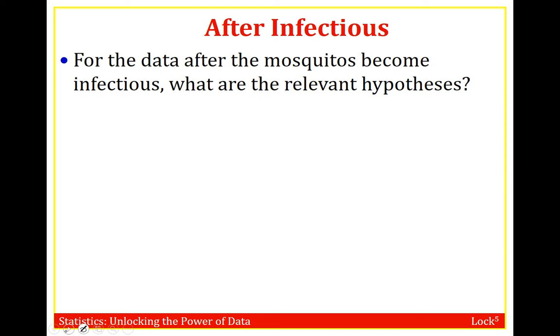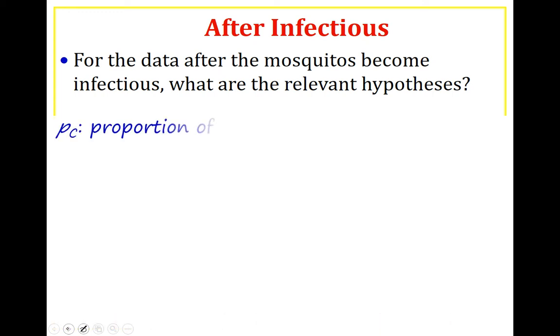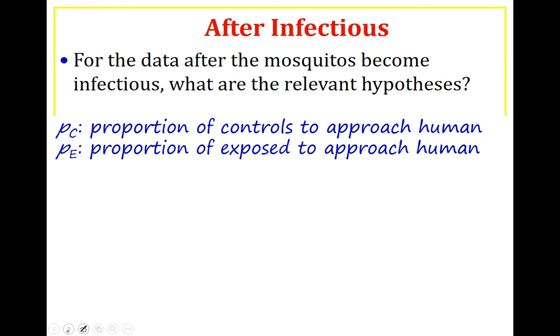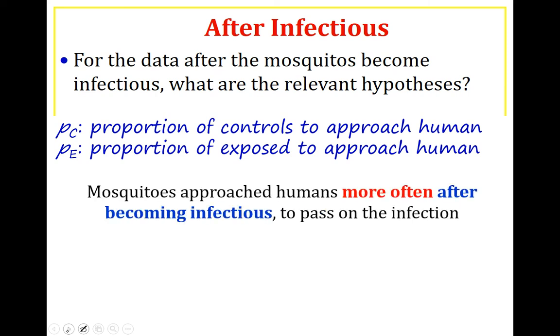So for the data after the mosquito becomes infected, what's the relevant hypothesis? Well, P of C is the proportion of controls to approach a human. P of E is the exposed to approach a human. Mosquitoes approach humans more often after becoming infectious to pass the infection. So the question is, if nothing is happening, P of E equals P of C. If something is happening, now this is a different test than before, then P of E is greater than P